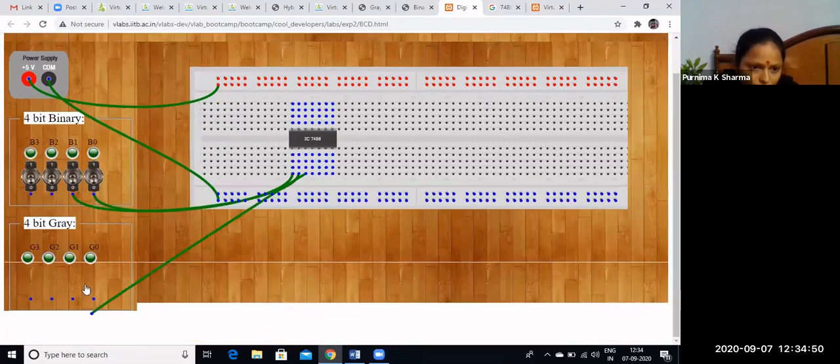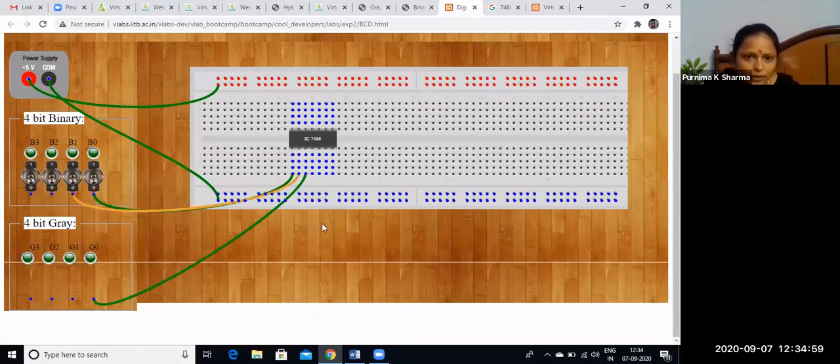Now B1, B2 to the second gate, just drag and drop. That's it. B1 should be carefully connected. B2 I'm giving here. B3 is given to G1.